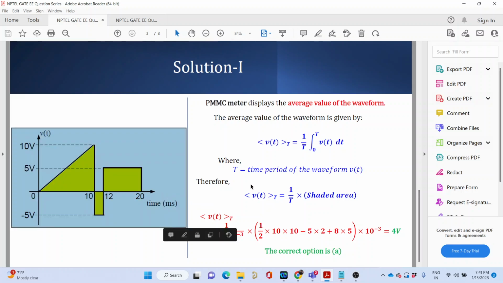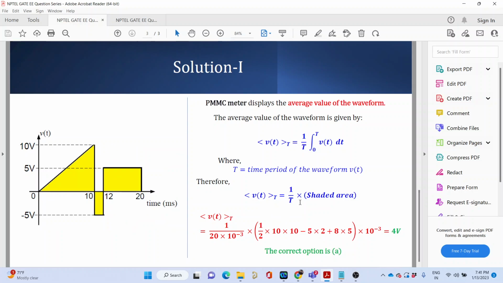So 1 by T into the shaded area. This area you need to find out. So half into base is 10, the height is 10. This gives you the area of the triangle, minus the area of this rectangle, because it is the negative